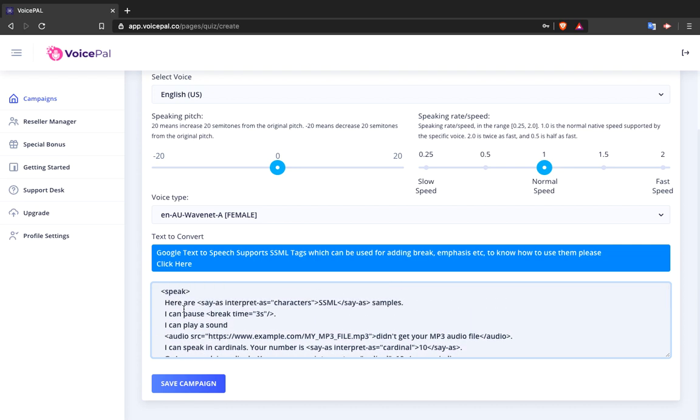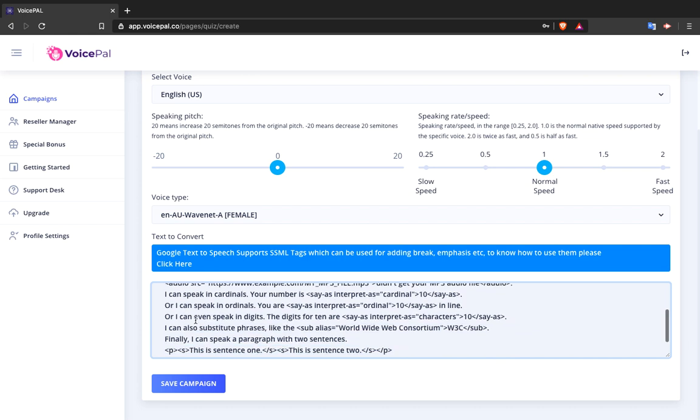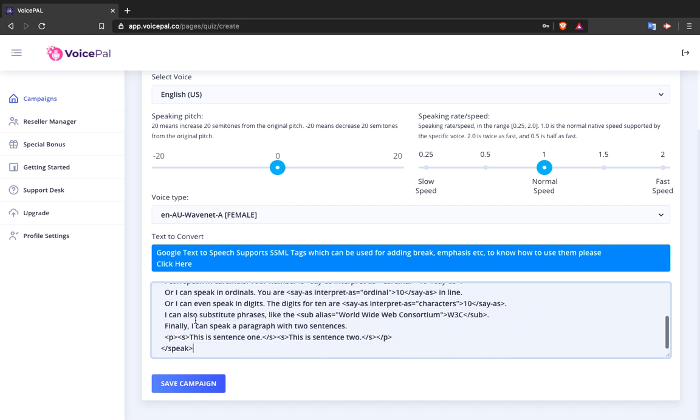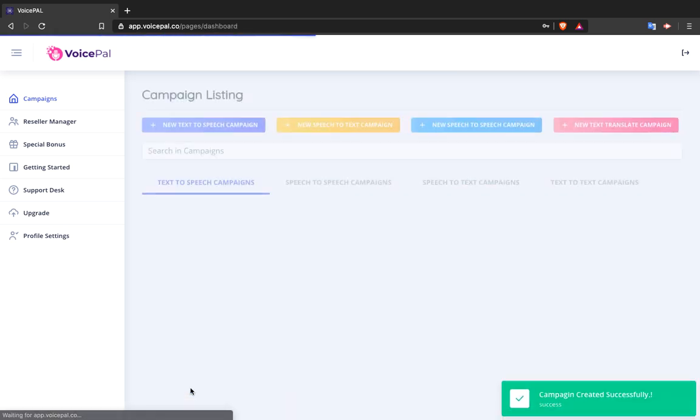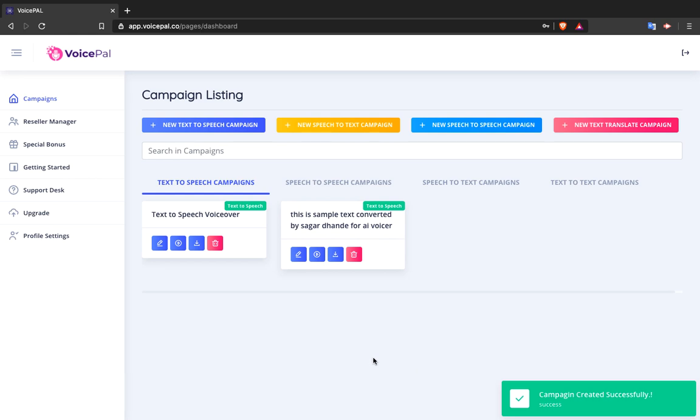Later on, I will explain in a separate video how you can use SSML tags in your VoiceBall campaigns. For now, I'm using a ready-made text for this demonstration. Once you click on Save Campaign, the campaign is saved and your voiceover is created instantly.